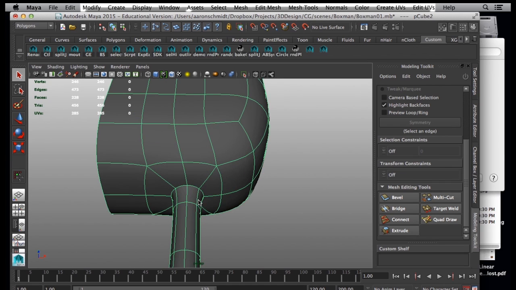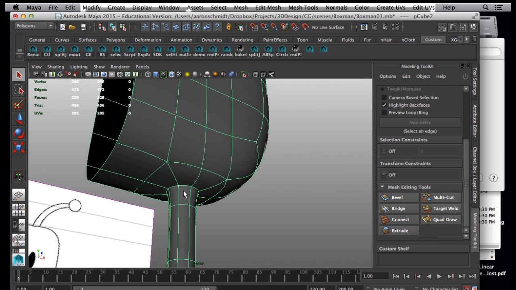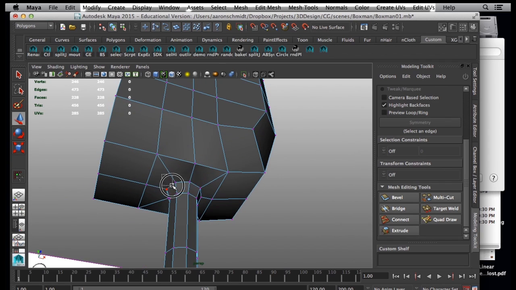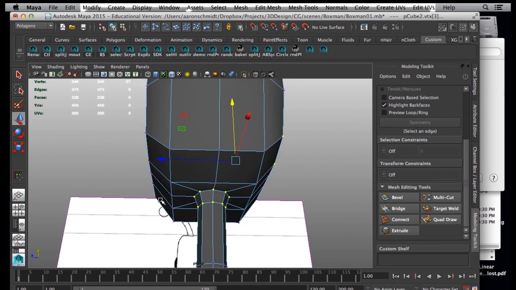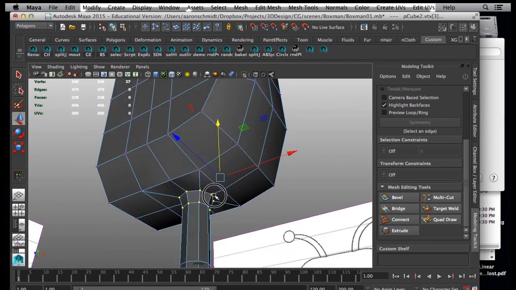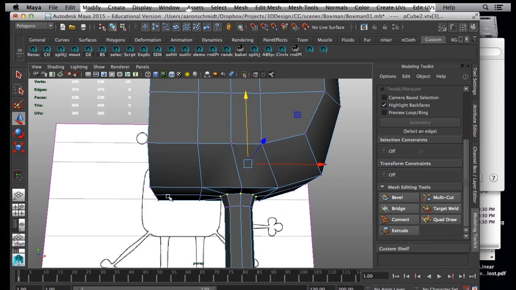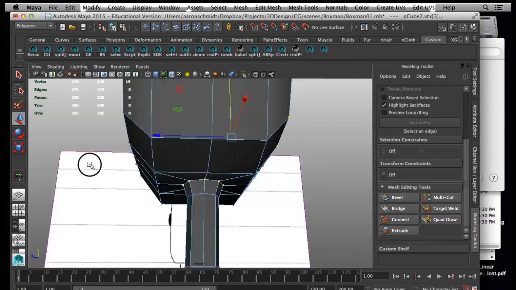If I press 3, this sharp line is not correct, because if you look here, they're not actually together. So I'm going to select those vertices on both sides, and if you can see here